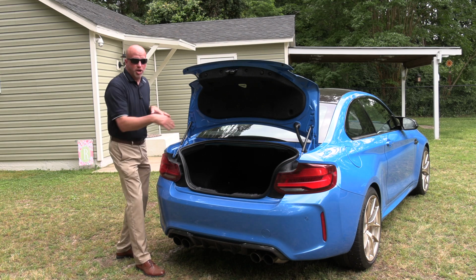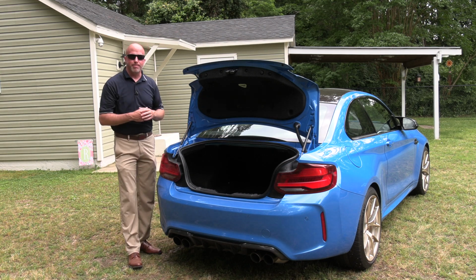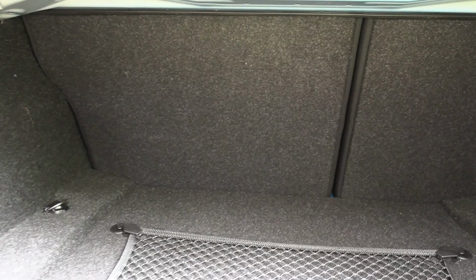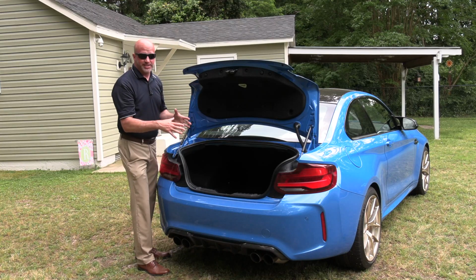You almost kind of get lost once you climb in. Might want to have that miner's cap on just in case you need to light things up. But what I noticed is it really can engulf everything, and even better is this nice cargo netting, because it is going to sling things around here when you start getting to those S curves. So having something to hunker things down in place